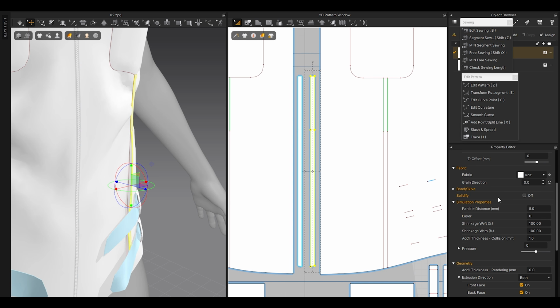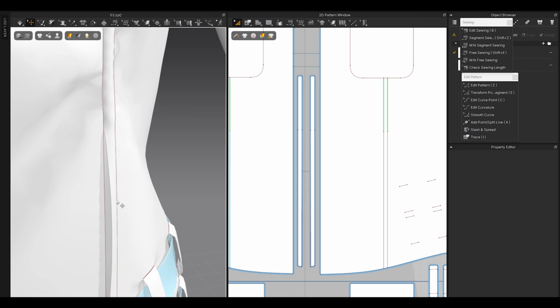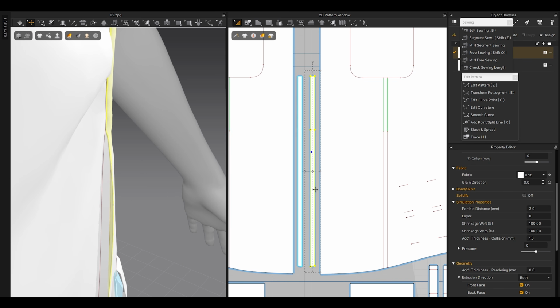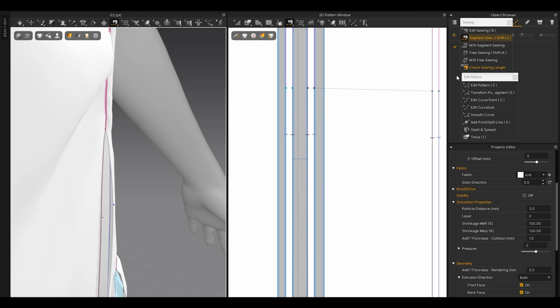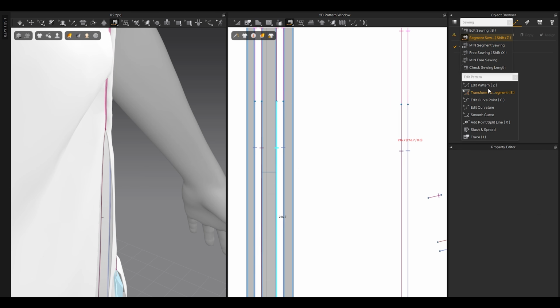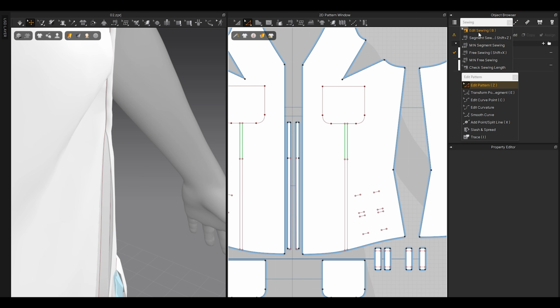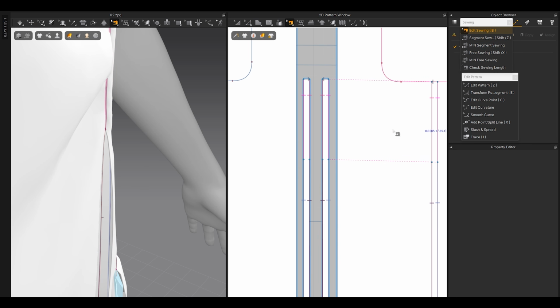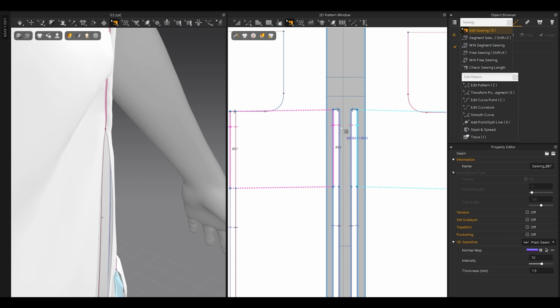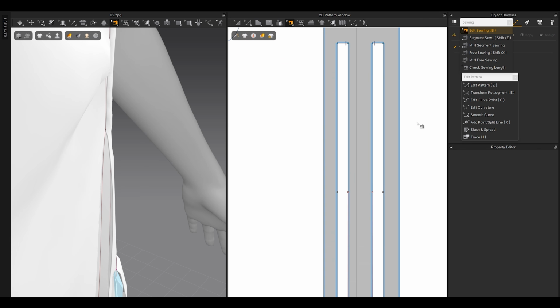Okay, so I'm gonna just go and reduce the vertical distance even more, maybe 3, and collision thickness 1. But why is it not connecting? Let me see, segment sewing, I have this sewing. So I'm gonna do one thing. I'm not sure what happens there. So I'm gonna just delete all the sewing like this, and I'm gonna add,